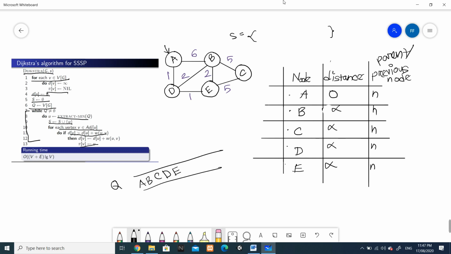Let's start with A. This is the source node here. So first make it yellow now and add it to the visited nodes.